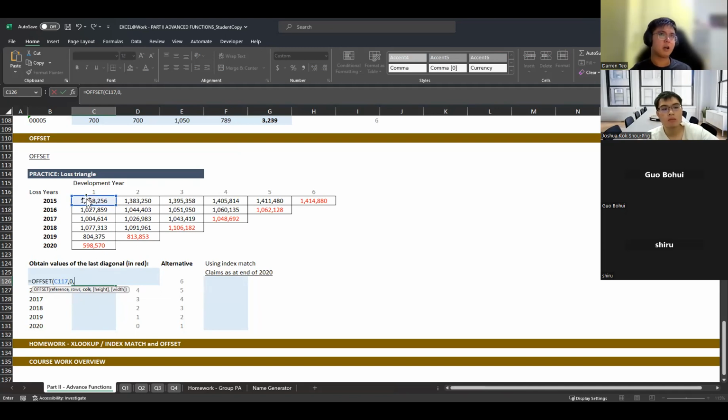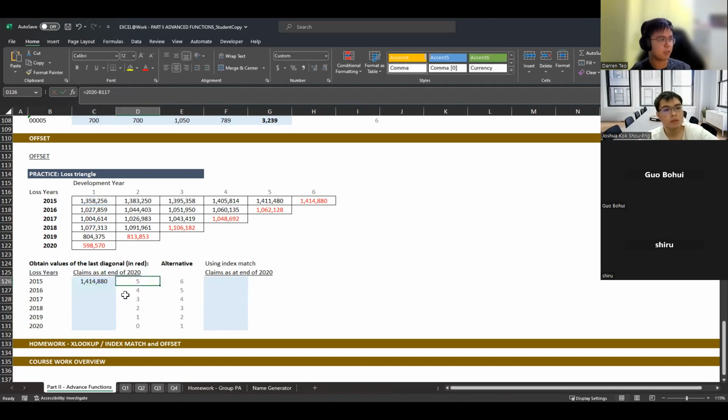So this is something like an XY axis. If you're going to the right, you're positive. If you're going to the left, you're negative. Same thing for up and down: if you're going more rows upwards, then you're positive, and if you're going downwards, you're negative. That's how we usually do this. But in this case, we are looking at moving to the right by 5. I already did some cheating and prepared my working columns here for you. So when I do this, I'll move 5 to the right and call my value over here, which will be this value here.